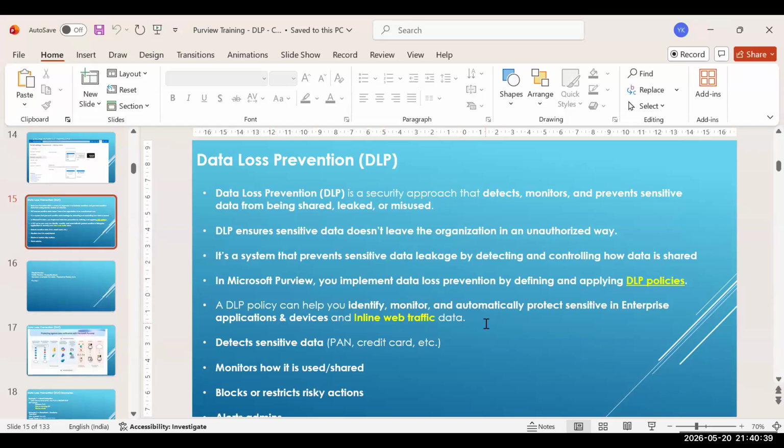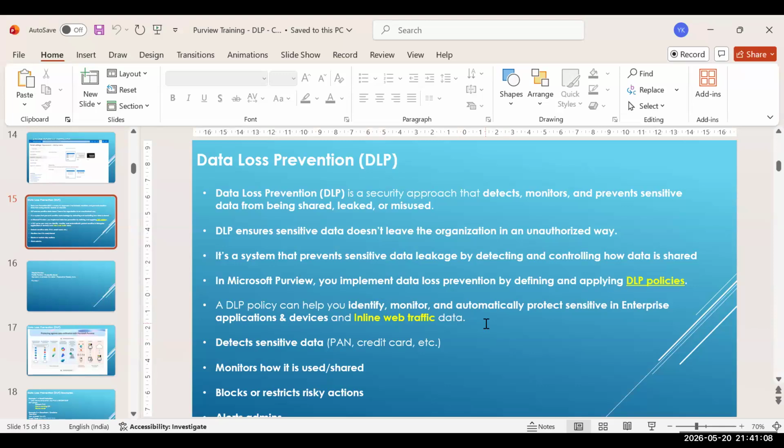Yes, I can. So I'll just start with the basics of data loss prevention, what it does. Basically, this is to detect, monitor and prevent the loss of sensitive information. For example, the PAN card number in any document or email, or the credit card number, or the bank account number, or any debit card number. Any sensitive information where you want to protect against exfiltration of the data, you can protect using the